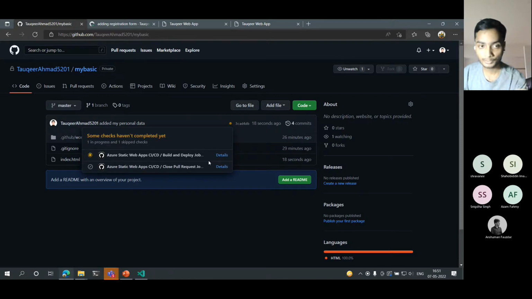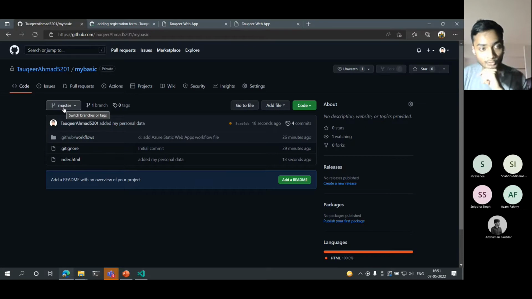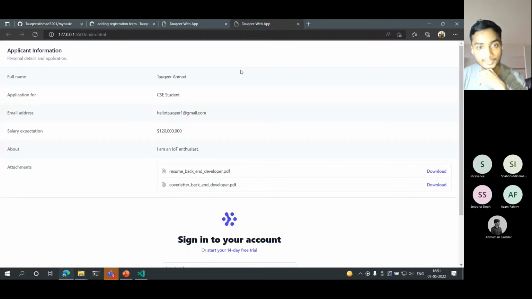They're doing their job, and the job I have explained in a very vast manner, like what to do, on what to do, and at what time, what thing should be done, which file should be responded to while pushing over the master branch. The same happened over here. I just pushed over the master branch. It got triggered and is looking for the changes. The time it looks for the changes, it will be displayed over here.